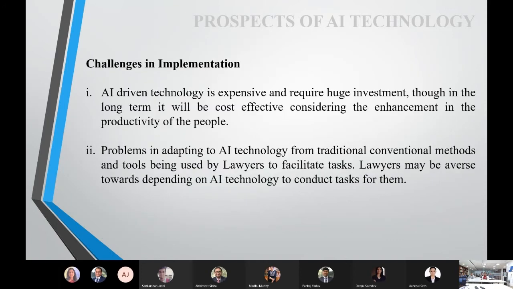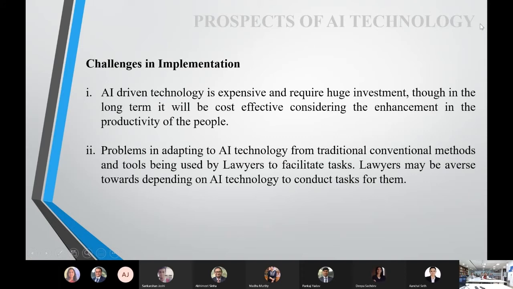They were skip out before challenge and implementation. So as you know, AI of course with the smart tools, it uses the machine and also it has to be very expensive. It requires heavy investment. So that is one of the major hurdles. Though in the long run we feel with the evolution of skills it will come handy and it can be affordable. The second challenge is adapting to the AI technology